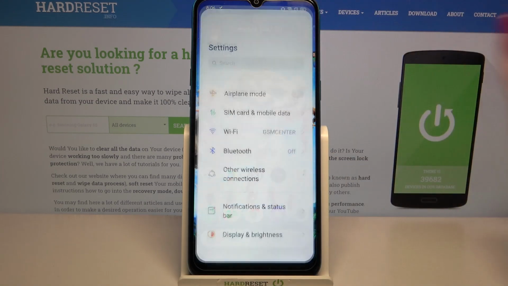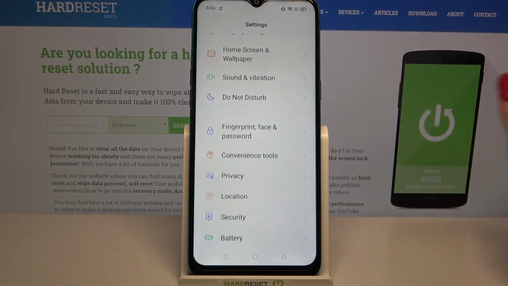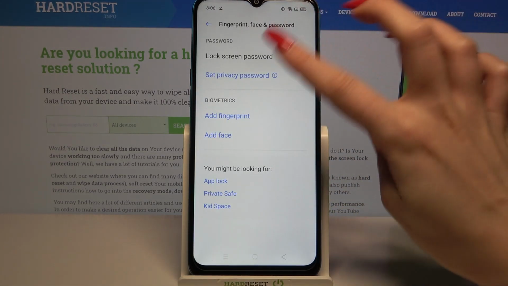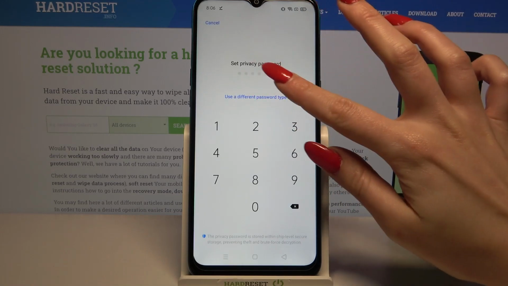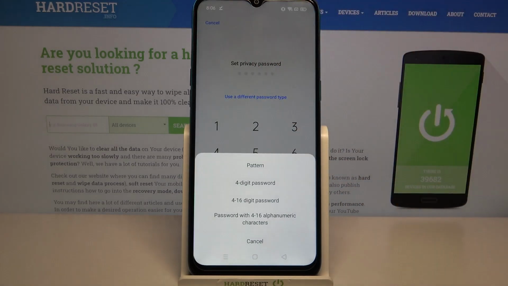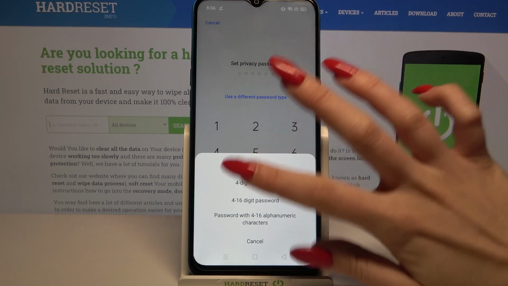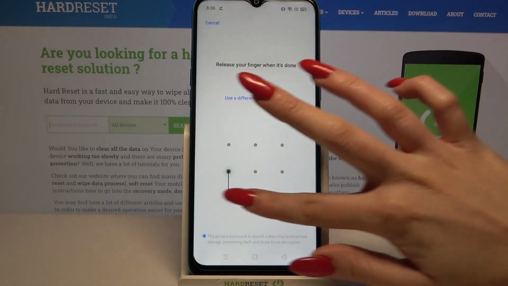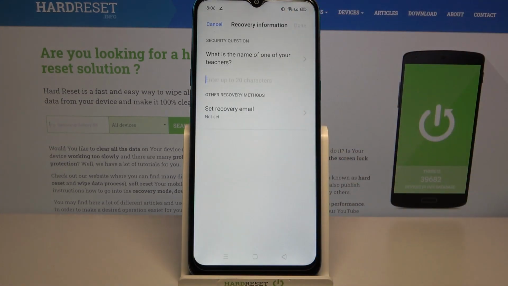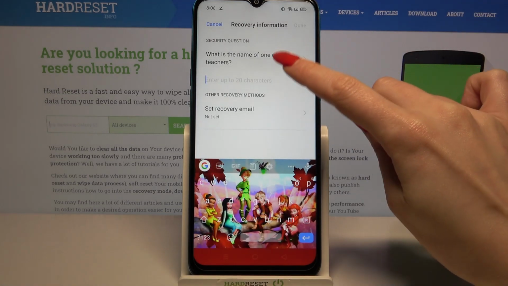Firstly, go into settings, then scroll down, click on fingerprint, face and password, go into set privacy password and tap on use a different password type. Pick one of the login methods, for example pattern, then draw it again, and over here answer this security question